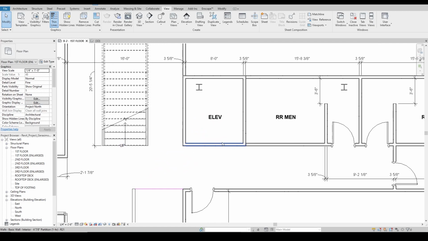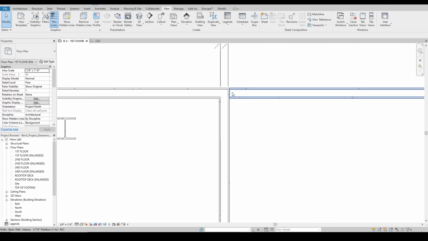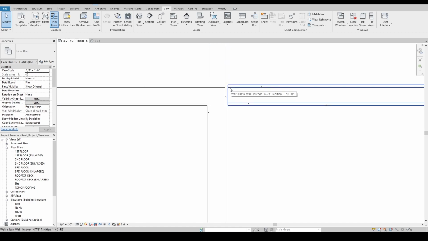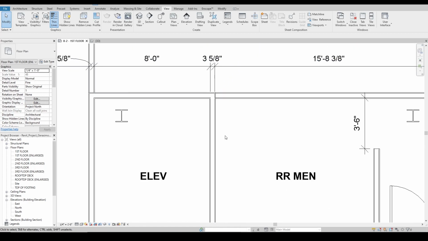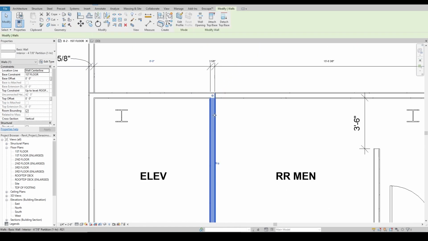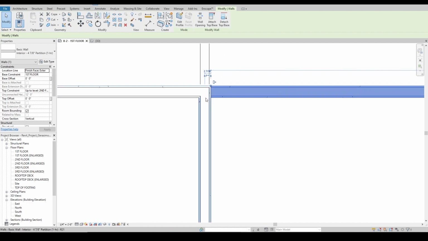In some locations, you're going to see where two walls meet, they do not meet all the way through. There's actually a gap, or not a gap, it's more of they butt join together. And the way you can create this is, first of all, this wall right here stretches all the way from the first floor to the roof. So it goes through the slab. Versus this wall only goes from the first floor to the second floor. So in order for you to have this wall not join with the other one to indicate the height difference,